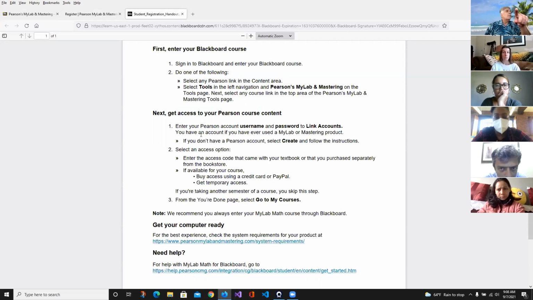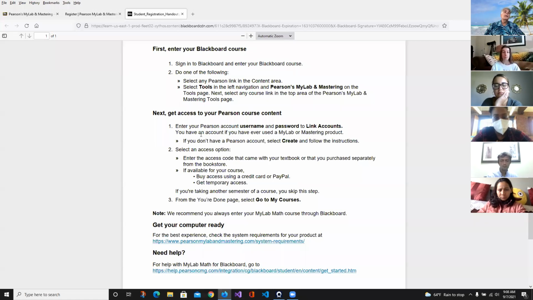Now, that only really applies if you've already used this system before. If you've used the system before, like people in Algebra 2, chances are you may have used the system before. And then you log in with your username and password and try to remember your username and password. Okay. I can't help you with that. There's no way for me to know what your username and password is. If you don't remember it, then you're going to need to contact their customer service and go through that rigmarole to try to remember what your username and password is.